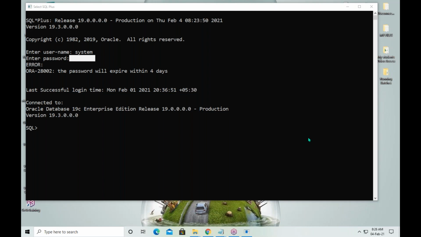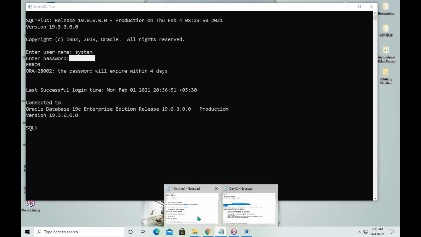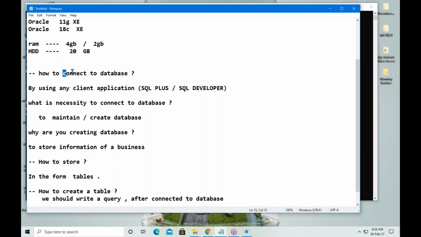How to create a user account, everything I will explain, don't worry. So the first point we completed: how to connect to the database by using SQL Plus. But before connecting, we need a user account, username and password. In real time, user account details are given by the DBA.